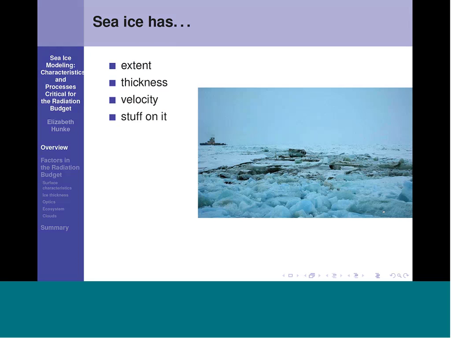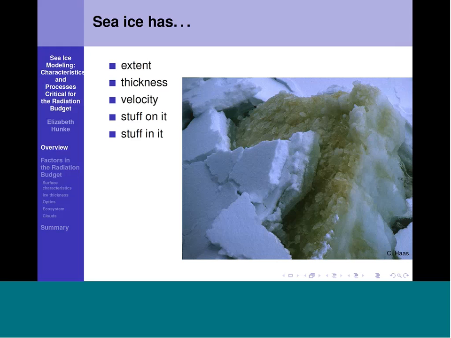And as it drifts around on the surface of the ocean, the sea ice carries things with it, pollutants and dust, for instance, which can affect the ocean ecosystem when the ice melts. And the ice is not pure ice. It has a lot of stuff in it, mostly taken up from the ocean as the ice freezes. This photo shows a layer of algae that has grown within the ice. As you might imagine, the relatively dark-colored algae absorbs sunlight and warms the ice interior, thereby contributing to ice melting and disintegration. The sea ice ecosystem has motivated a lot of our recent model development work, which I'll mention later.